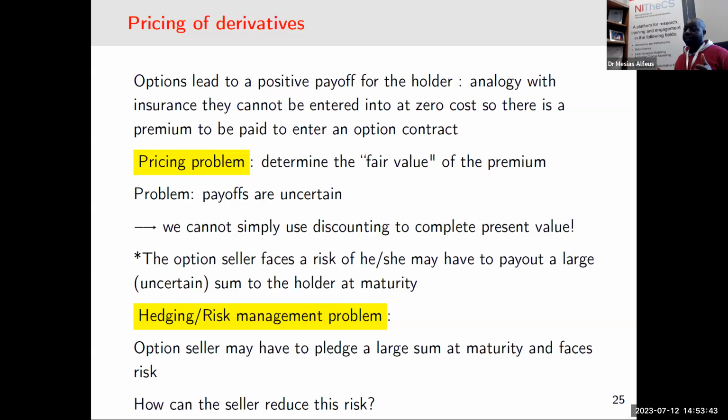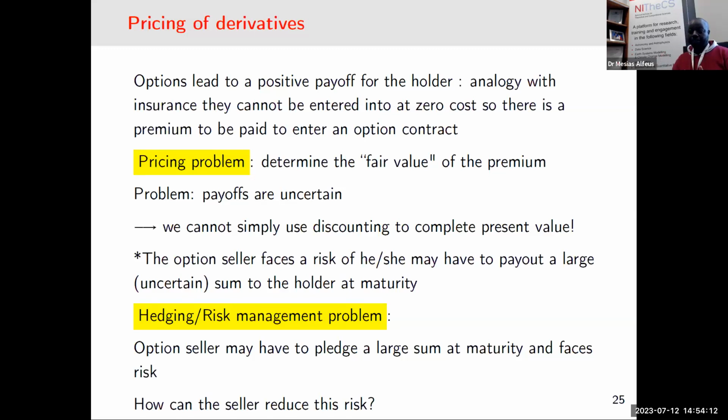While the forward actually gives you the right and obligation. You have the obligation to exercise. Come maturity, capital T, you have to exercise, want it or not, because you have an obligation. But for an option, you have the option to say, I won't exercise. Because of that, we